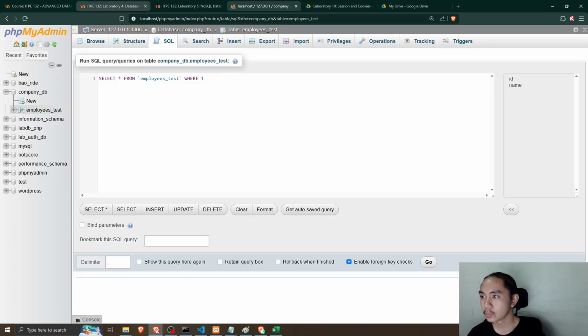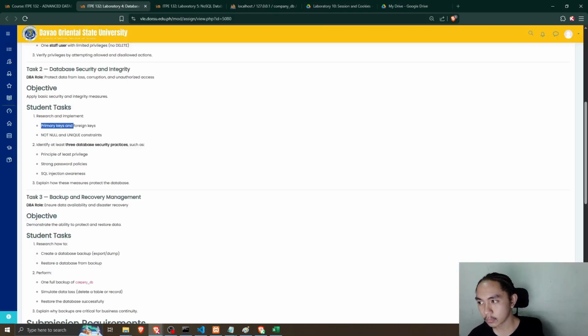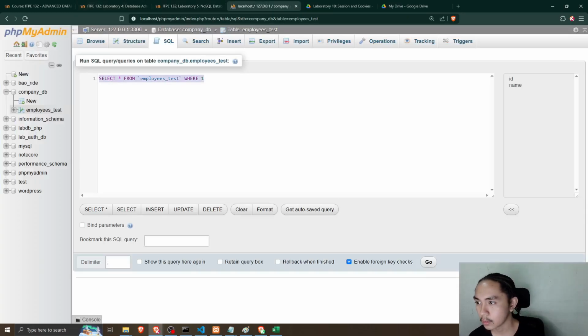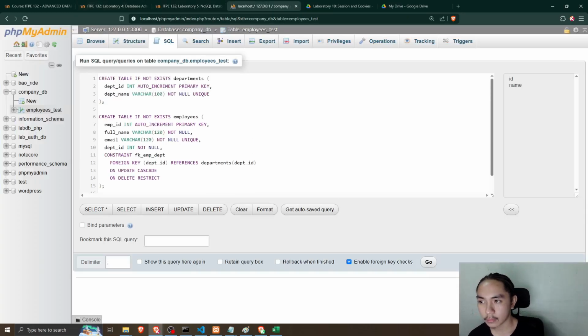So let's create a table with primary keys and foreign keys, and then not null and unique constraints, and then at least 3 database security practices: principle of least privilege, strong password policies, and SQL injection awareness. Okay, so let's just paste this one.